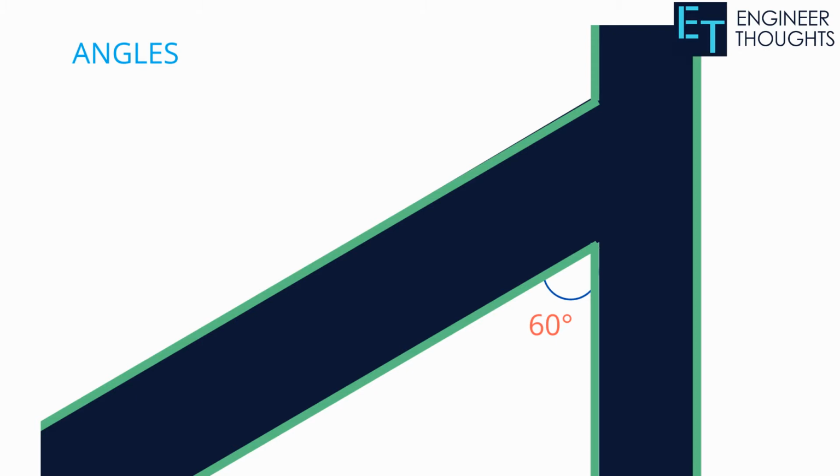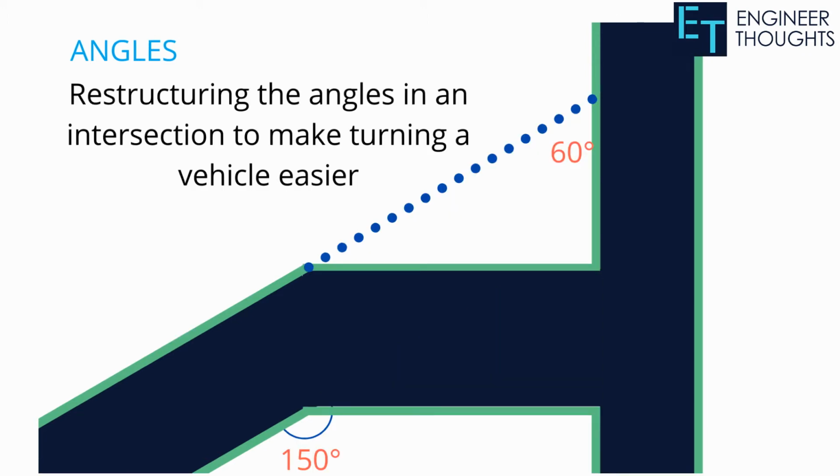For example, if you take a street intersection, the angle will be equivalent to 90 degrees, or they will try to make it greater than 90 degrees, an obtuse angle. Let's consider a car that has to make a sharp 60-degree turn onto a road; the probability of an accident occurring is higher. So the city planners or road designers will add an additional intersection so that the car will turn 150 degrees and then again 90 degrees, so that the accident rate caused by the sharp turn will be reduced. They are restructuring the angles in an intersection to make the turning of the vehicle very easy. So we can see it is easier for a car to turn in an obtuse angle rather than a right angle.